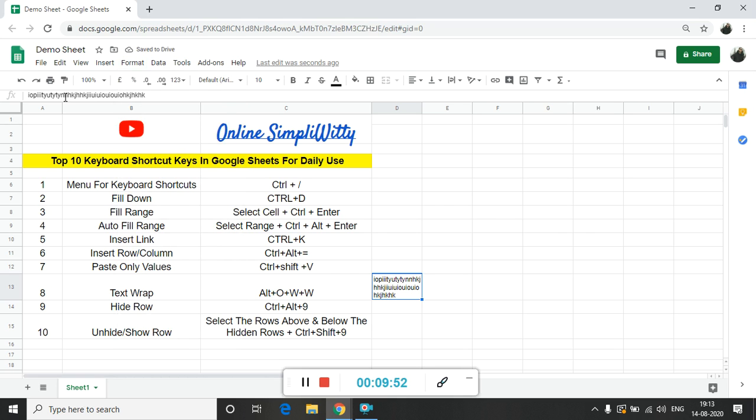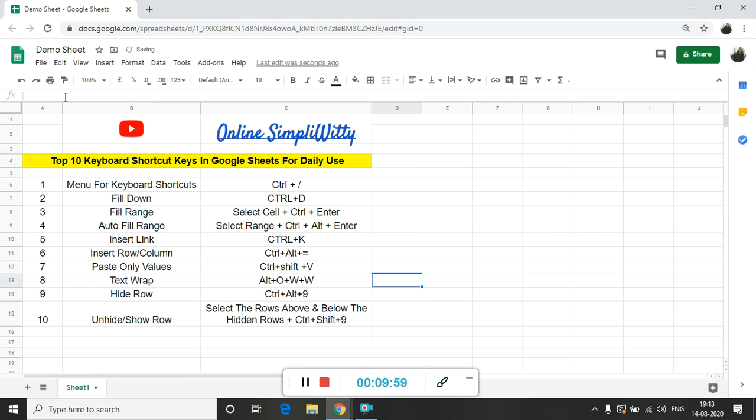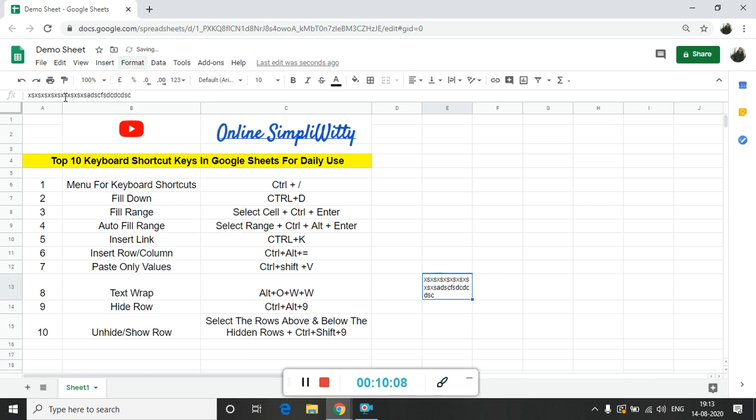So it will do a text wrap over here. I think this place was already having text wrap, so I'll do it over here. Alt O WW. See, that's how simple it is.